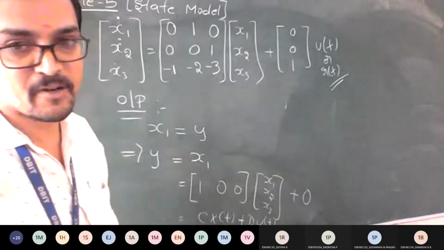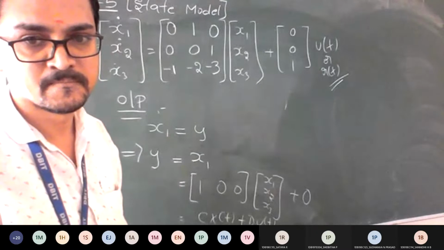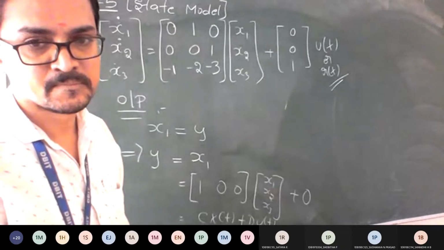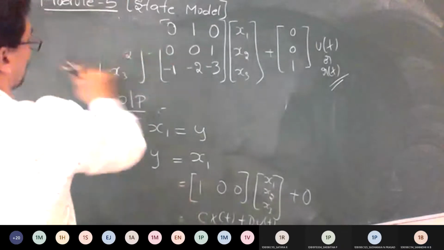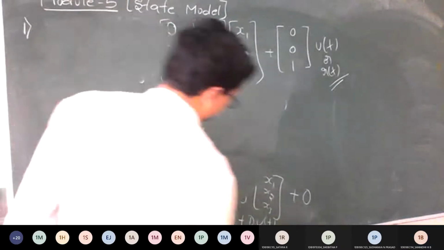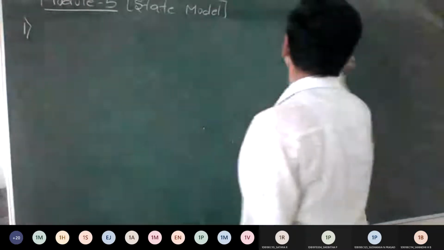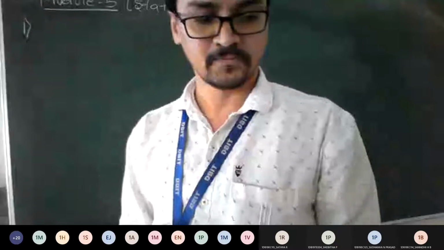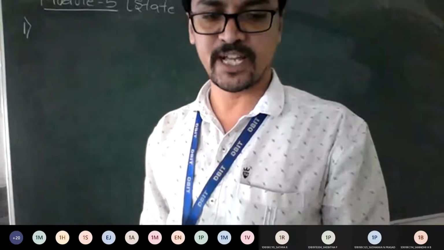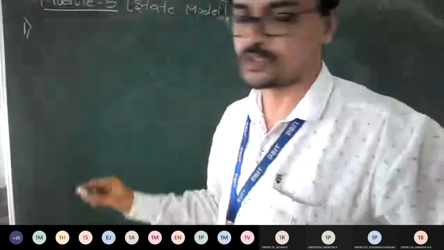Any doubts, anyone, with this type of problem? Shall I give one problem for you? We will solve it now. Yes, sir. Write on the next one. So I wanted to solve this. Write on, second question. The question is the same: you need to obtain a state model for the given equation. So the equation is